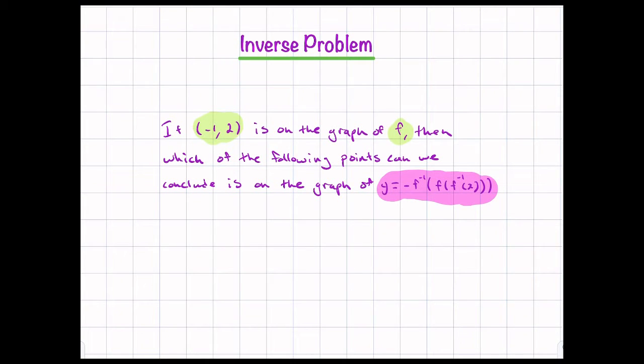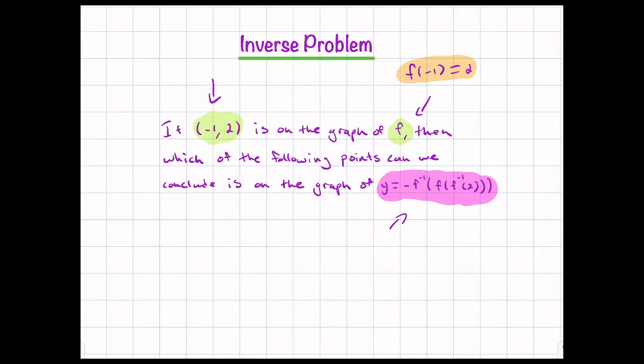Okay, so in this problem, we're given this point, (-1, 2), and told that it is on the graph of a function f. And what does that mean? That means that f of -1 is equal to 2. So this is what we're given, this is what we know, and then we're asked to determine a point on,